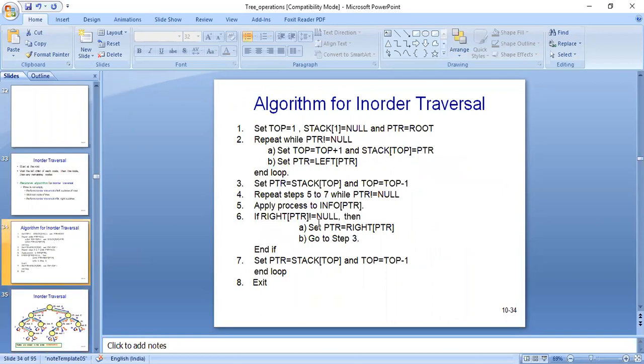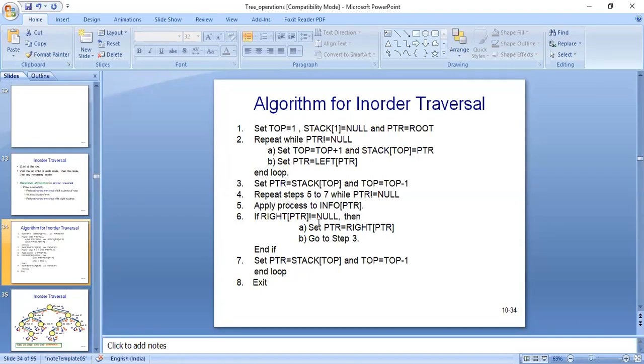Initially what we have to do is we'll again push null onto the stack to start, and then we will set the ptr to the root, and then we will repeat all the steps until we pop the null from the stack. That means we will proceed down the leftmost path rooted at PTR, pushing each node N onto the stack and stopping when a node N with no left child is pushed onto the stack.